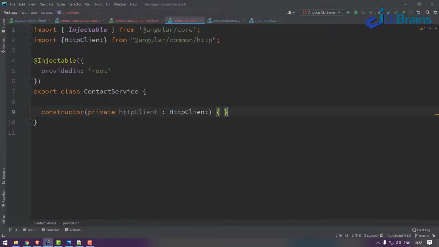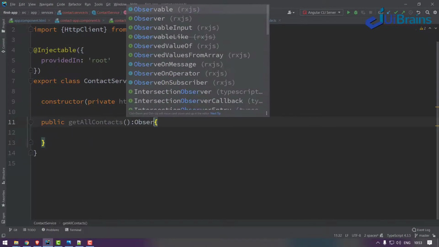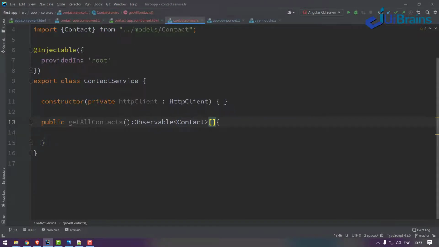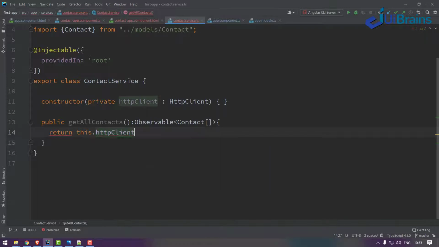So HTTP client will be injected. Let's have a method getAllContacts. It is a function, and this will return an observable. For me, it's a contact array. So it returns an observable. Return this.httpClient.get request to the URL.